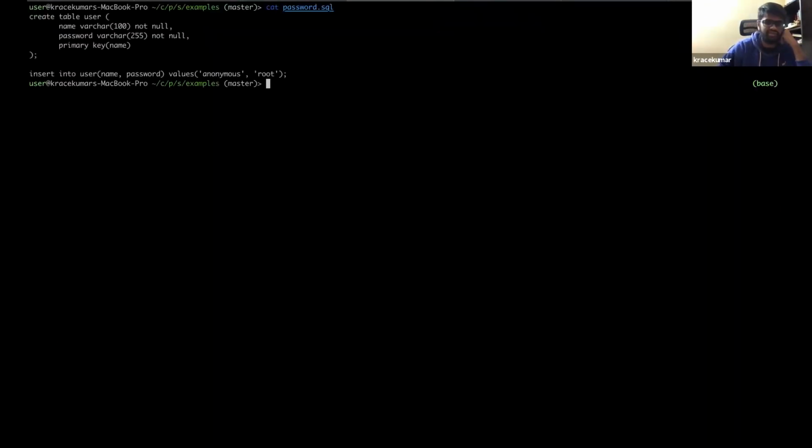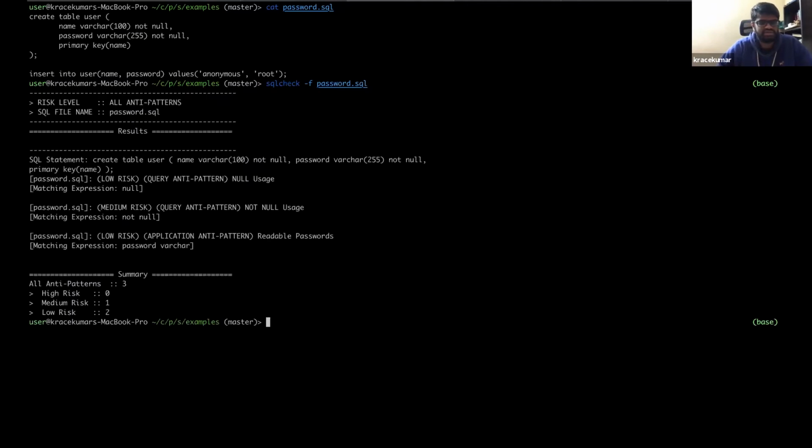So here is a table which has a user table with a name and a password column. Password is declared as a varchar 255 and not null, and the primary key is name. I'm having an insert statement with user name and password. So how do I run this? It runs like sqlcheck -f, you give the file name, password.sql,